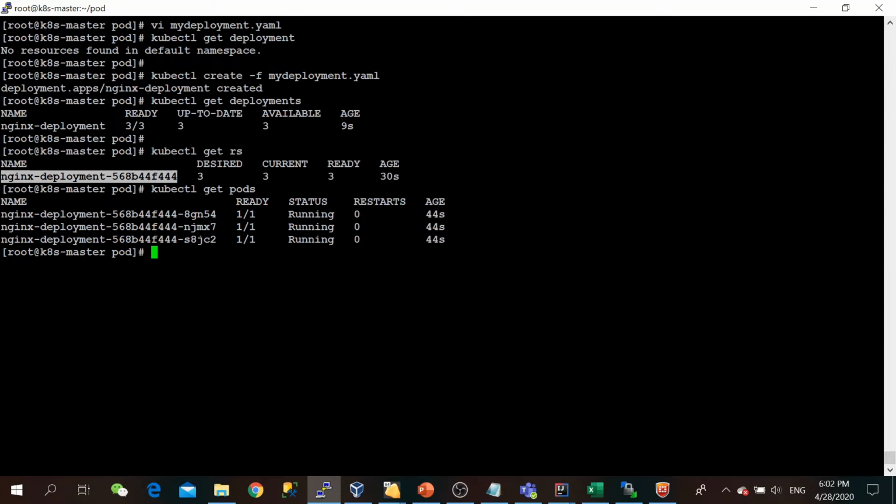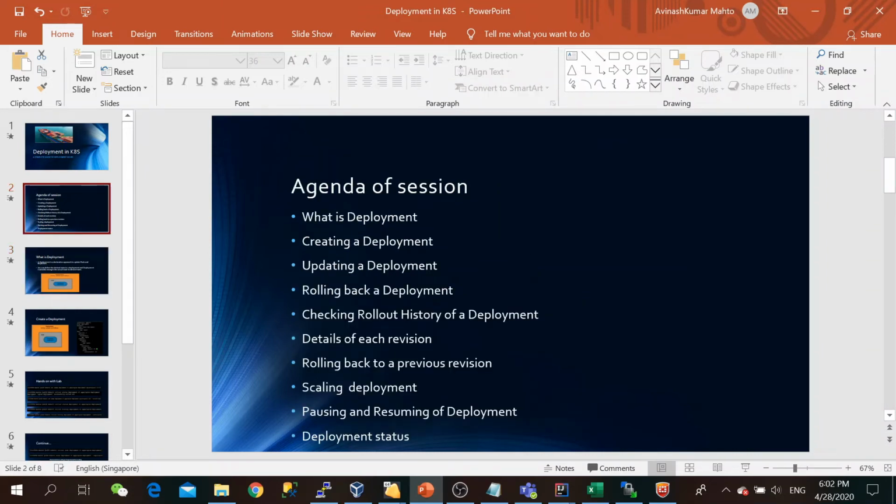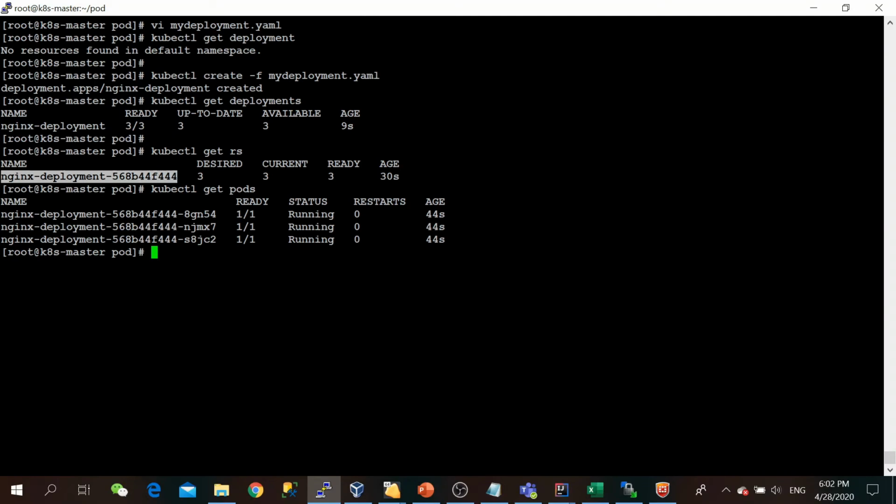Now we will move on to how we can update the deployment. According to our PPT, if you see the agenda, the next topic is updating a deployment, and we will see practically how we can do the update in a deployment.